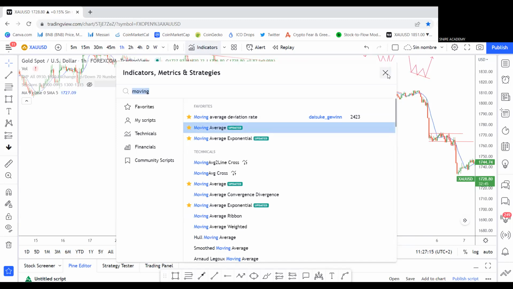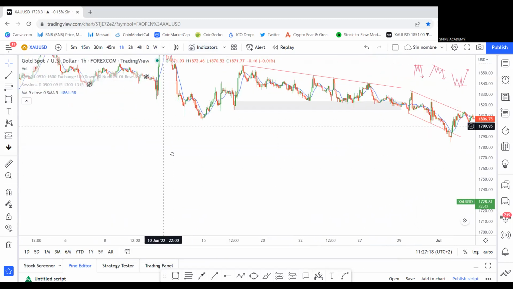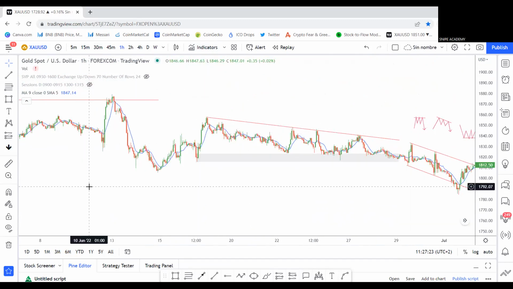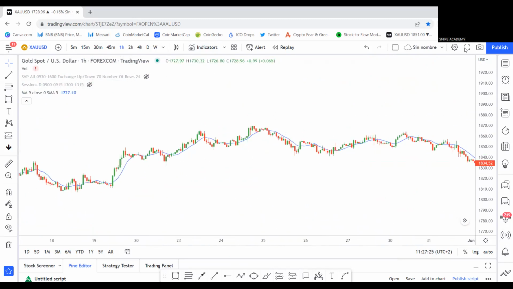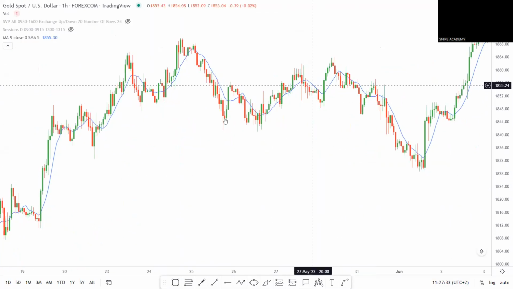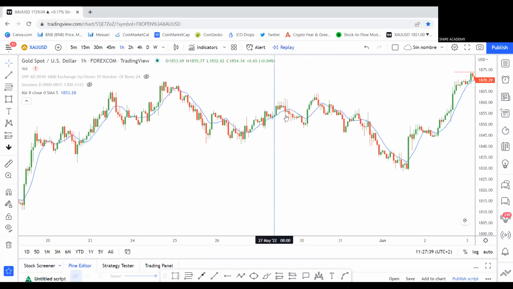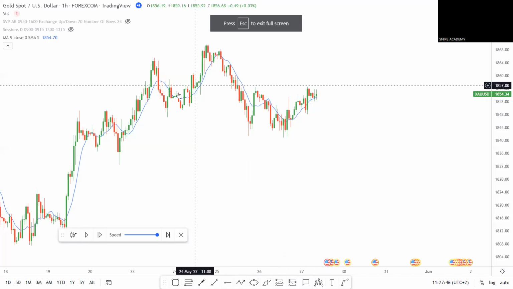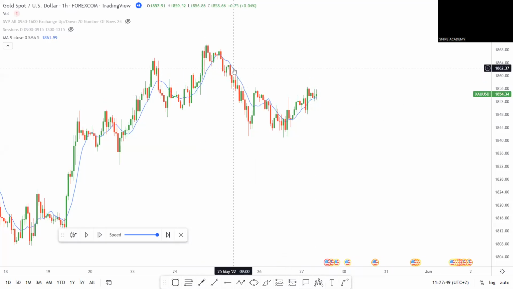Let's start with a simple one. So basically what I have right here is a simple moving average. Let's grab a clean part of the graph. So this right here is a moving average, a 9-period moving average. What does this mean? Let me cut over here. Sorry, hold on. Okay, this is a moving average. So how is this line plotted? In this case, it's a 9-period moving average.